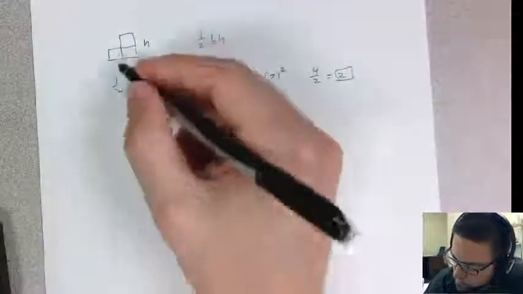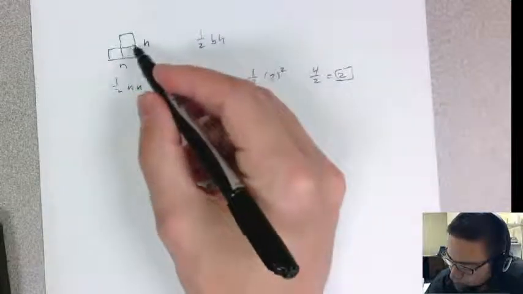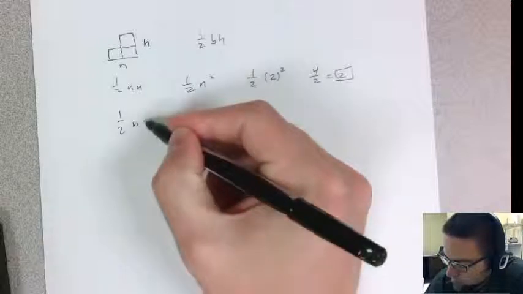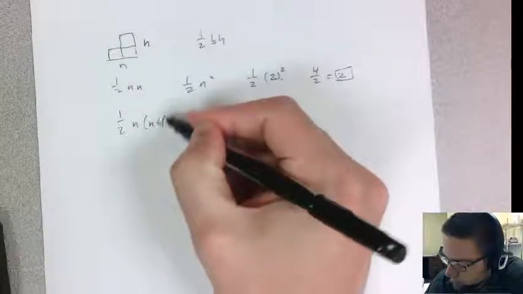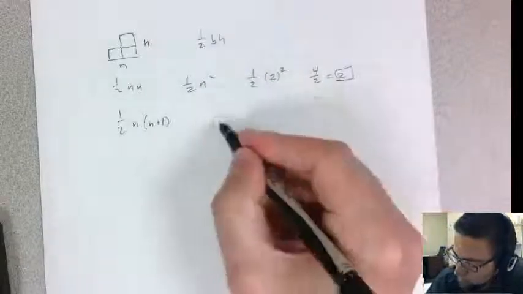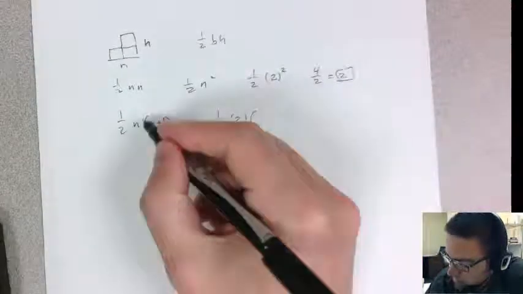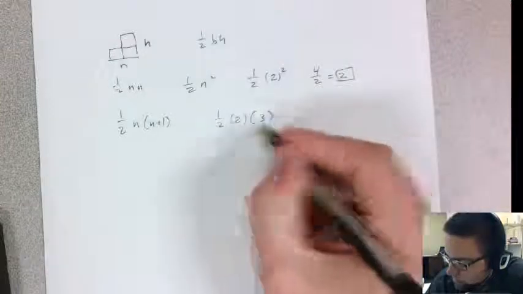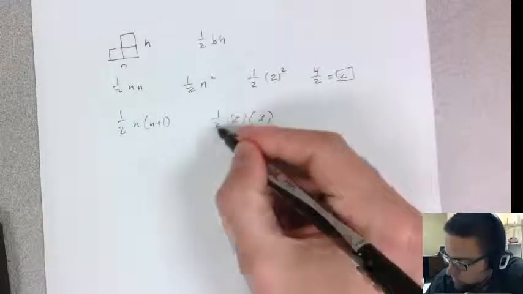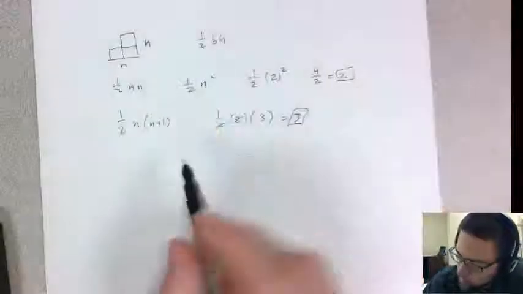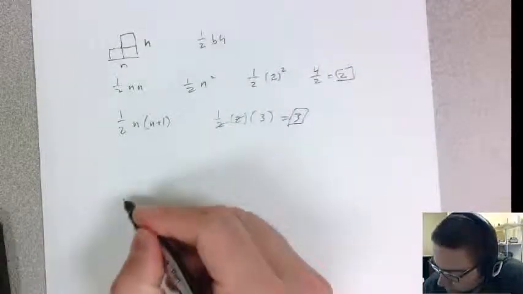So let's try multiplying by n plus 1. So this would be 1/2 times 2 times n plus 1. So 2 plus 1 is 3. So 2 divided by 2 is just 1, and I get 3. So this is the correct answer. And you can see that it will always work because